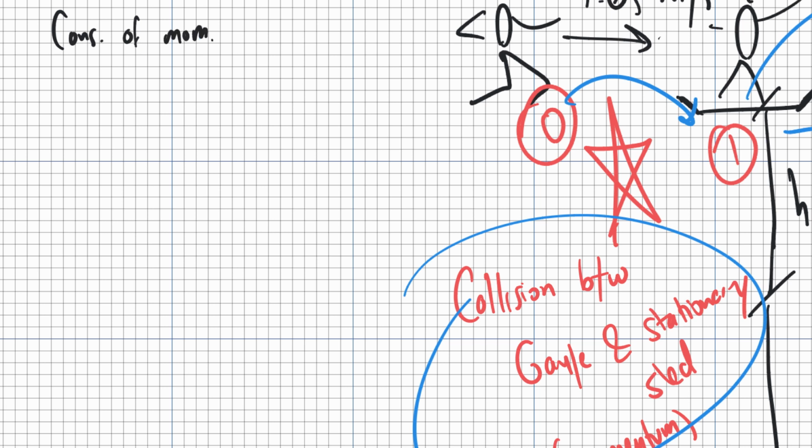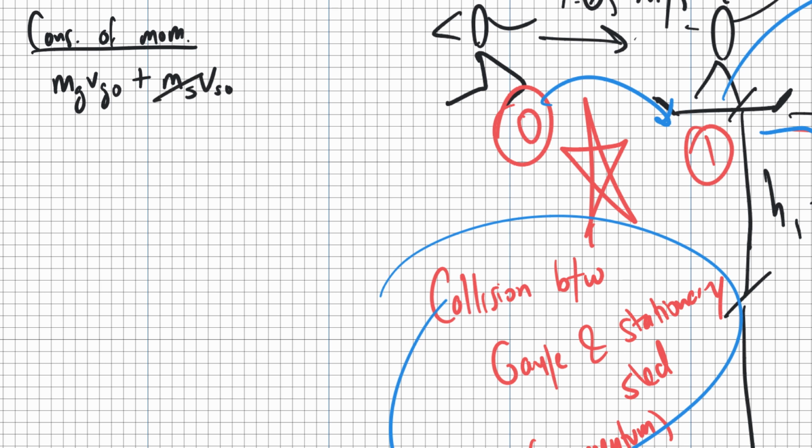Conservation of momentum. So mass of Gayle times the velocity of Gayle, call that Vg naught, plus the mass of the sled times the velocity of the sled naught. Now we know that before this particular collision, the sled is not moving, so we're not really worried about that. Equals, now they become one object afterwards, so I can say mass of Gayle plus mass of the sled times